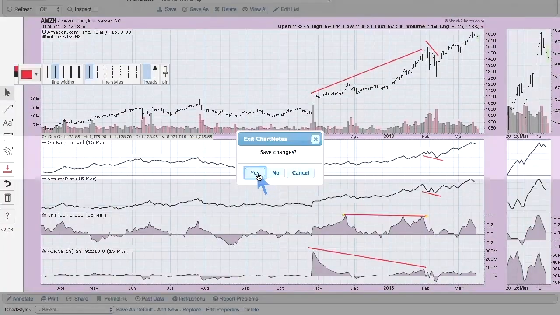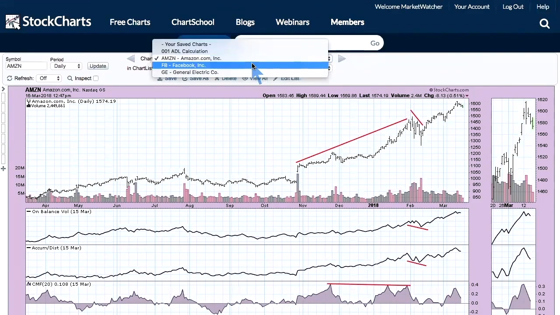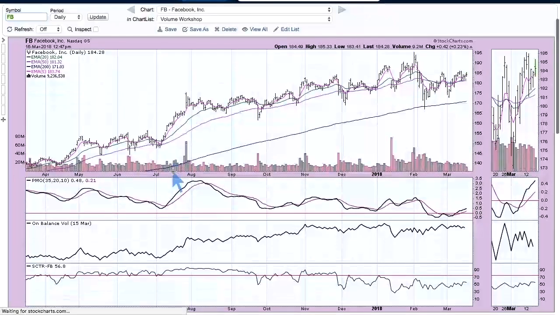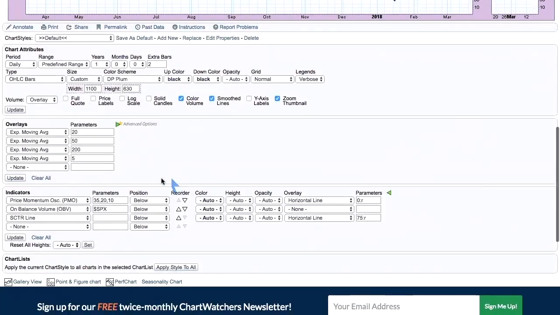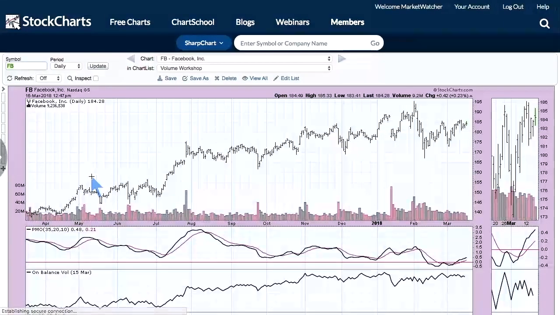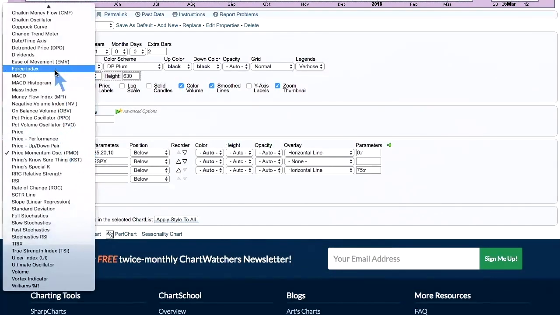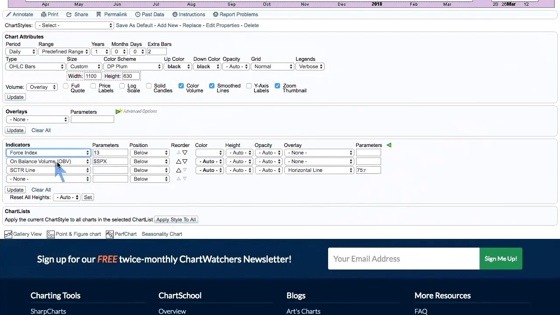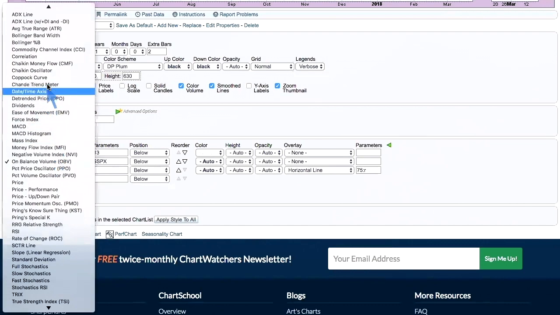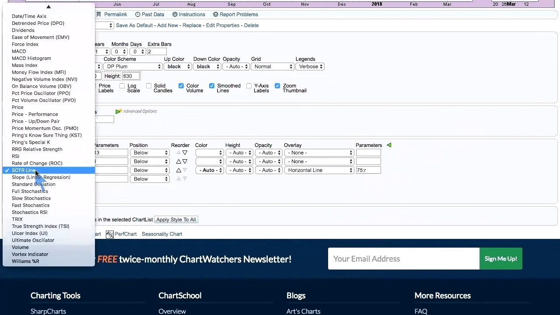And I will just very quickly show you a chart with the two force index values on there, just so you can see the differences. I'm going to clear this. It's a little easier. And we're going to put the force index here. There's that 13 period one. And we're going to do a 1 period one, which is just that main calculation. All right. And we don't need the scooter.